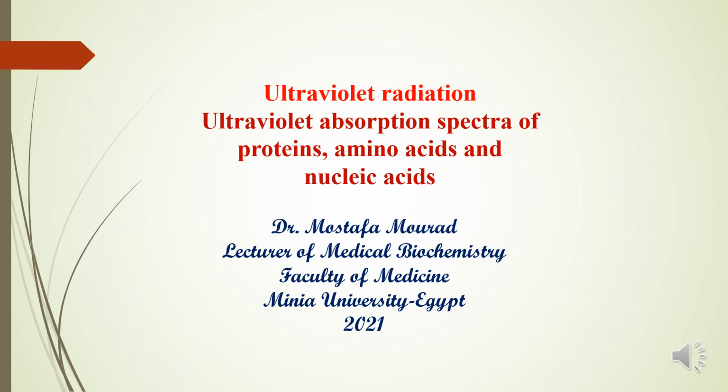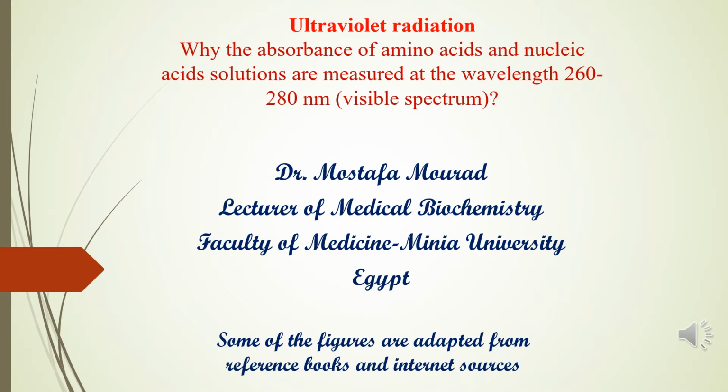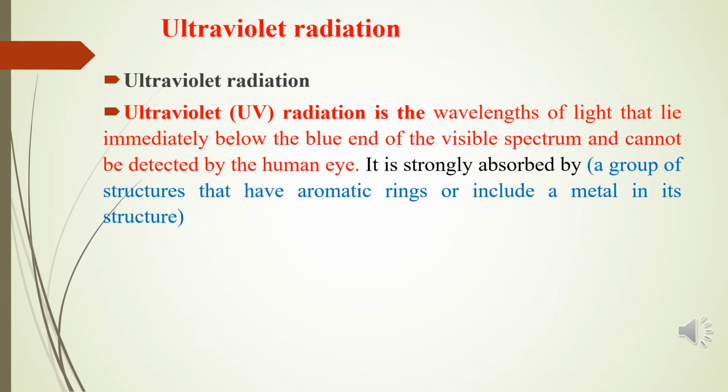Ultraviolet radiation and ultraviolet absorption spectra of proteins, amino acids, and nucleic acids. What is ultraviolet radiation? Ultraviolet radiation is the wavelength of light that lies immediately below the end of the visible spectrum